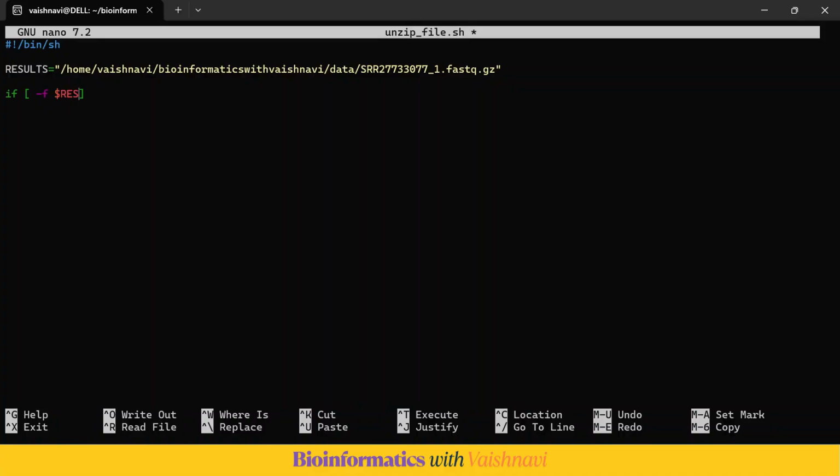Then results. See here, -f is like a file test operator. It just checks that the file exists and it's a normal file, like it's not a directory, because we can't unzip a directory, right? We need a file. So for that I have just put a flag as -f. Okay, then